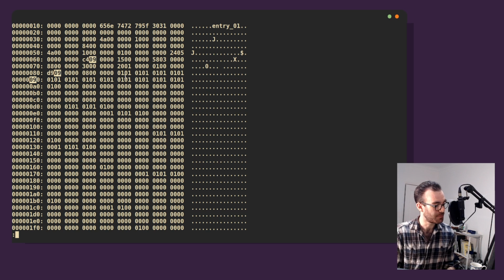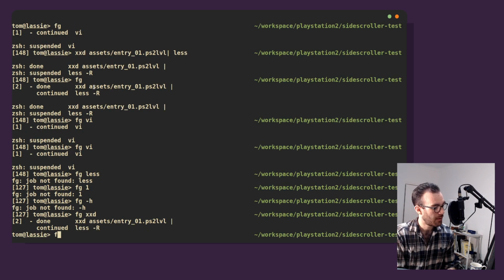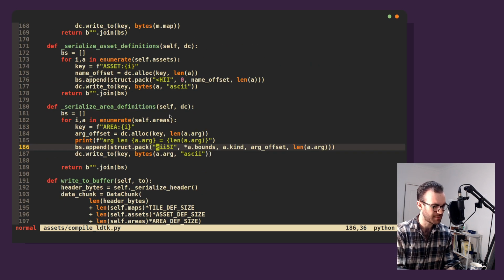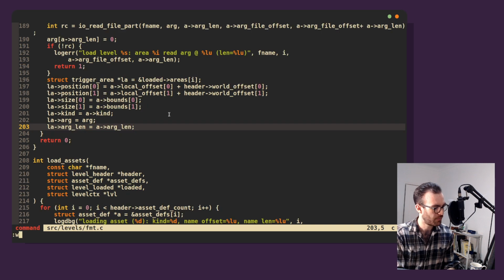So I'm a bit confused as to why it reads it out so poorly. Where does it get so badly corrupted? 8000. Because it's little endian, right? That's how all our data's written. Little endian. All our data's little endian. That's what this little bracket at the start means. Okay, so when we read it in,